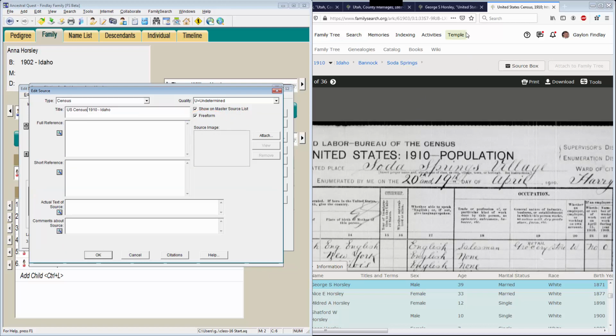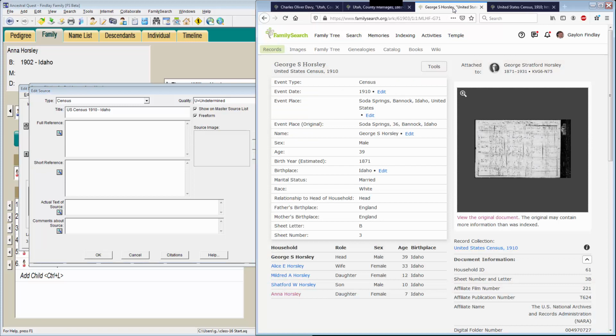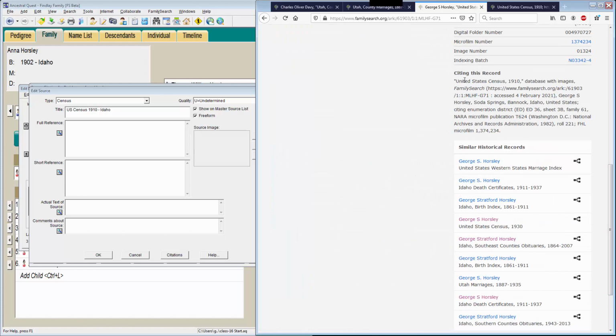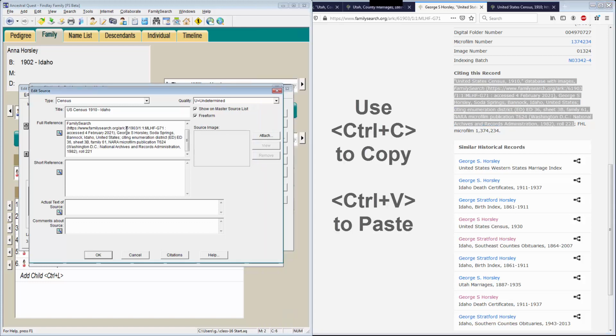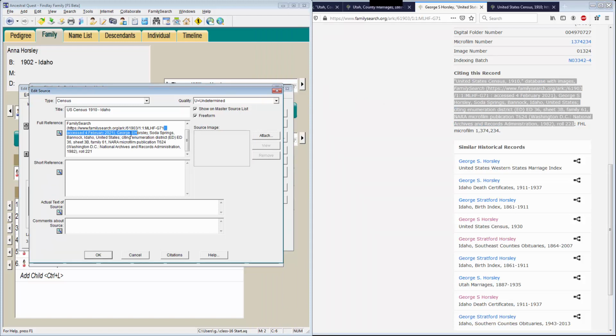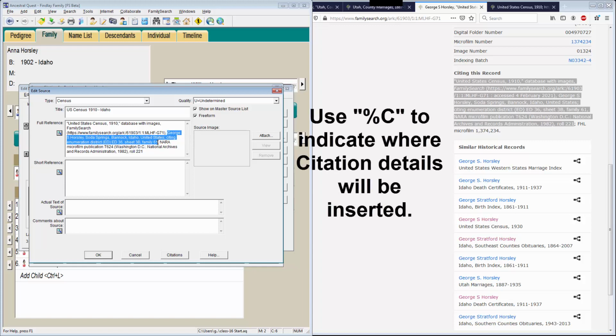We are now going to go back to the original record and take a look at how it can be cited. When citing this record, I'm going to just take this much of the census information for right now, copy that, paste it here. I don't feel it's appropriate to keep this access date, so I'm going to remove that. We are going to take this George Horsley down to family 61, copy that, and in its place we're going to put